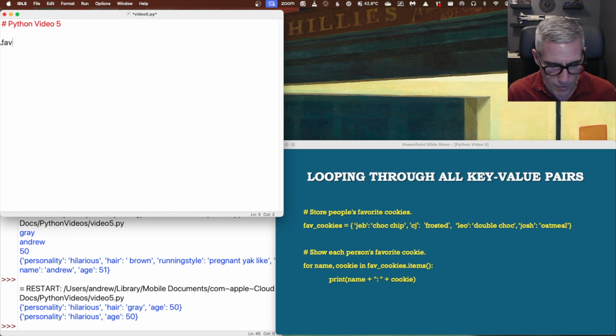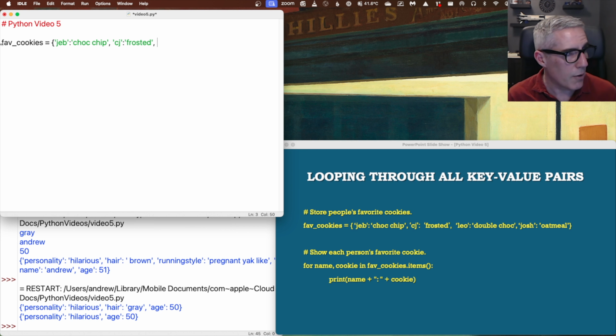So I'm going to do fav cookies, and the dictionary is going to be Jeb, and then a colon, and what did I put for him? Choc chip, and then CJ, and CJ likes frosted,